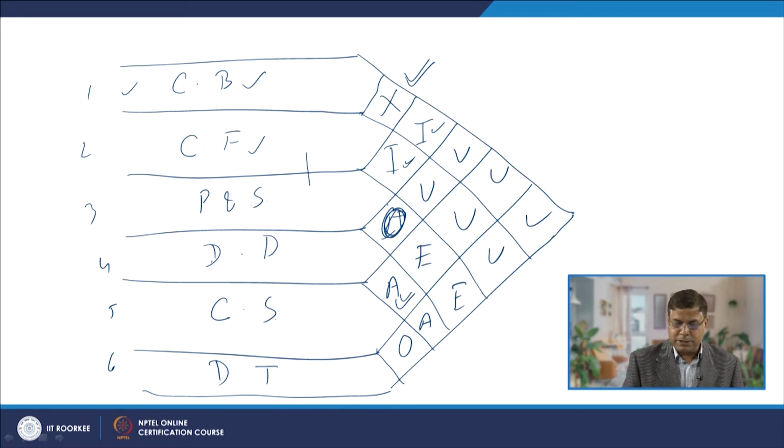Likewise, what we see here, the French fries cooking and the drinking dispenser are of undesirable or unimportant relationship, and likewise the cooking burger and the drinking dispenser have an unimportant relationship. When the proximity of the two is not important, it will be rated U. If the two should not be close to each other, then it will be rated X. If it is absolutely important, then it will be rated A.